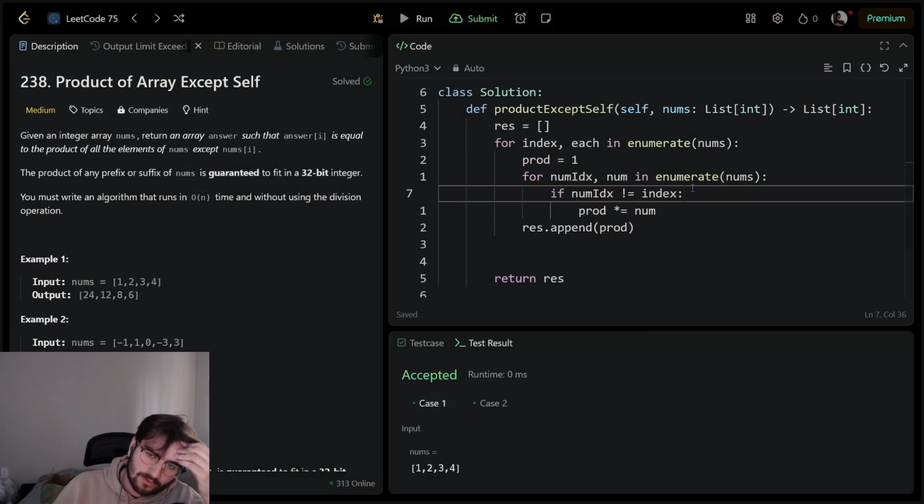So right now we're going through each index and then we're going through the whole array and calculating the product. And then we just keep repeating that for every single value. We only want to go through this array once. How can we go through this array once? Well, I guess